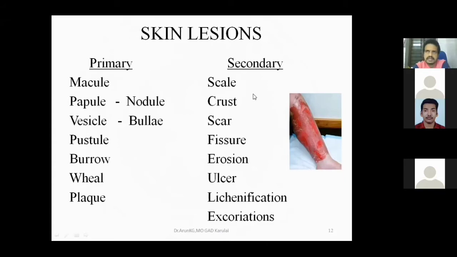Plaque means the height will be less. It's more or less a flat lesion. Can be seen in the case of lichen planus, psoriasis, etc. That kind of lesions are primary lesions. Secondary lesions means there will be involvement of external factors, like wind, hotness, humidity, scratching, etc. So scale, in psoriasis and all, there will be scale. Crust means the exudate will be dried. In the case of eczemas, it will be seen. In case of impetigo and all,